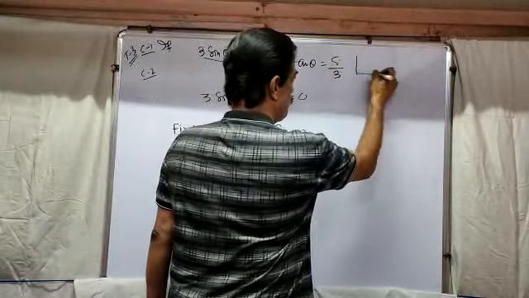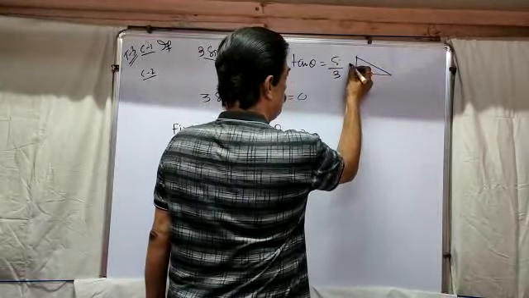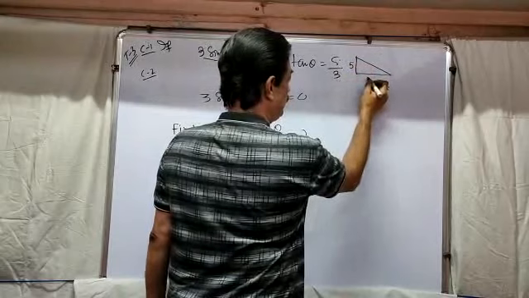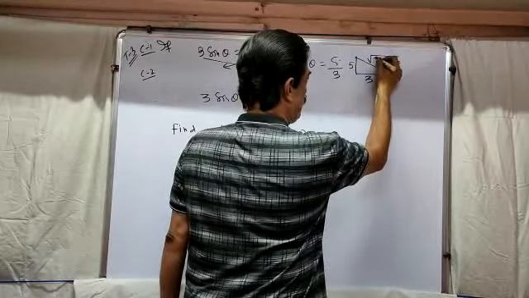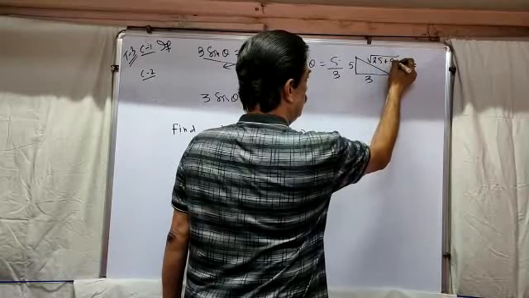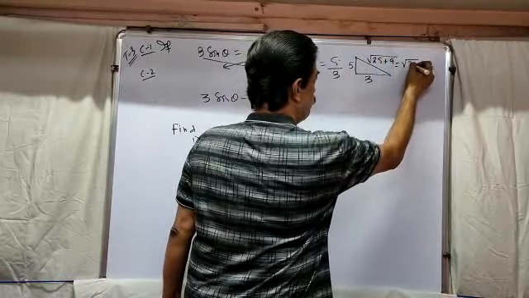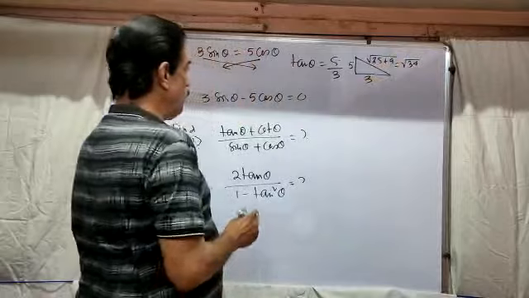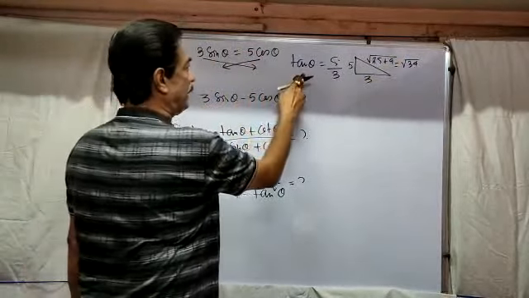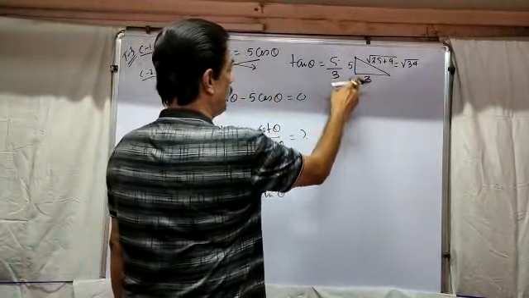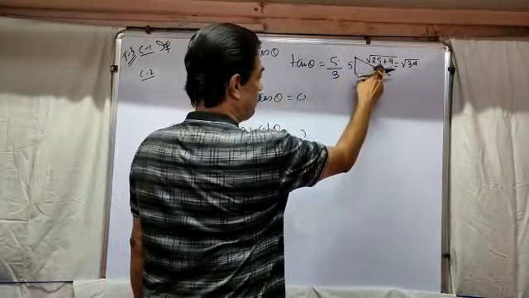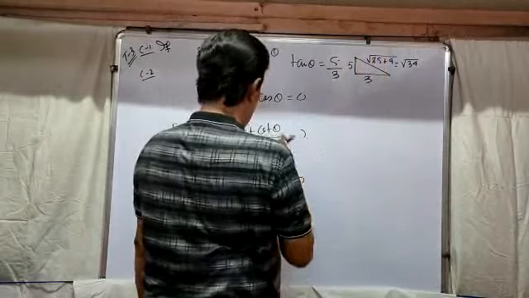Now, in this case, triangle, so 5 equal to perpendicular and 3 equal to base. So root over of 5 square plus 3 square. 5 square is 25, 3 square is 9. So that is equal to root over 34. Now we know this tan theta equal to 5 by 3, so we can find the value of this. Hypotenuse is root over 5 square plus 3 square, equal to root 34.